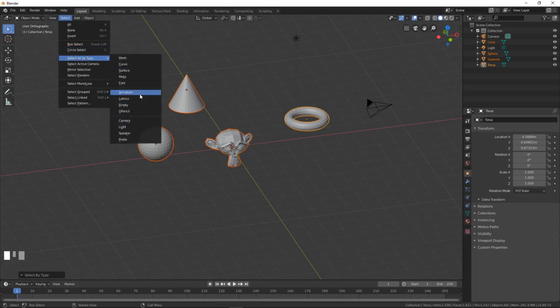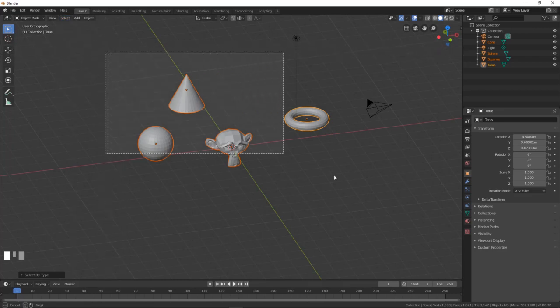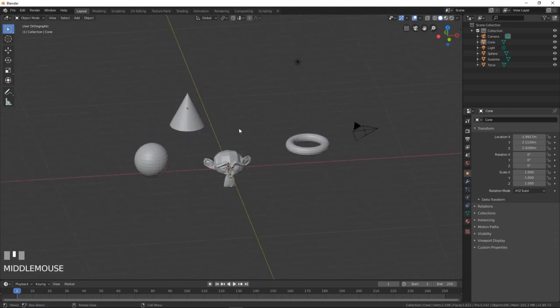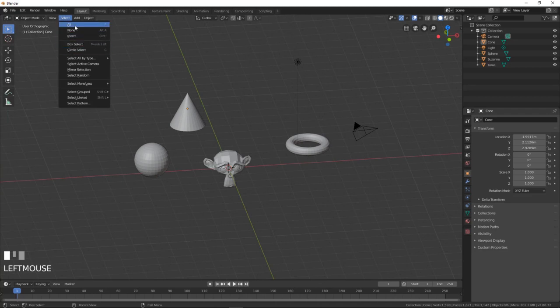So it can be interesting to manage your objects directly. Here you have the possibility to select the camera. You have the possibility to make a box select like that and to select everything inside, or to select with the circle select, okay, and to select like that. But all of these have shortcuts, and we will see this more precisely after. So you can select all, deselect all